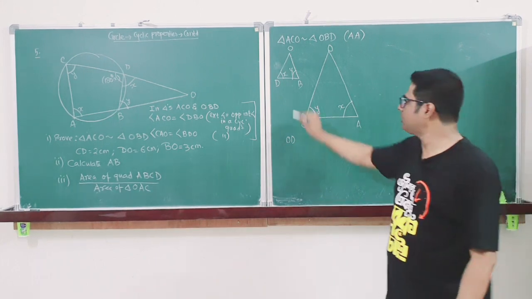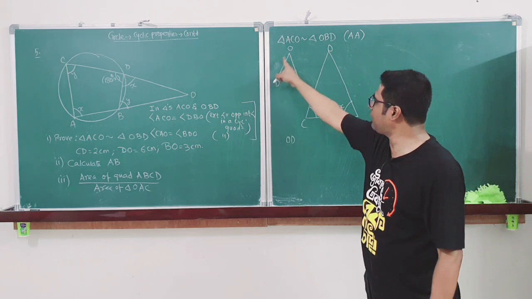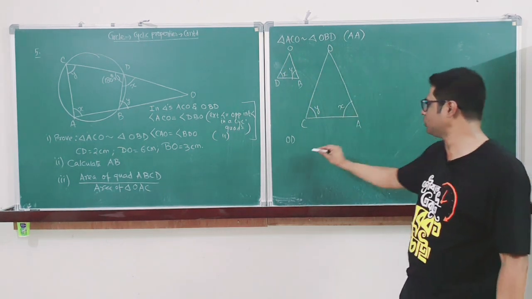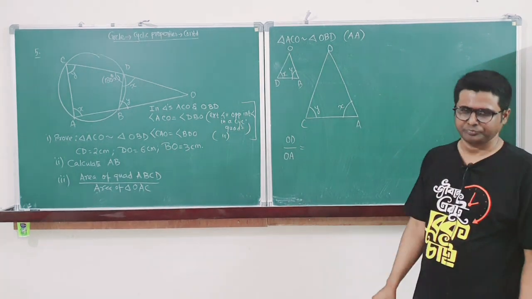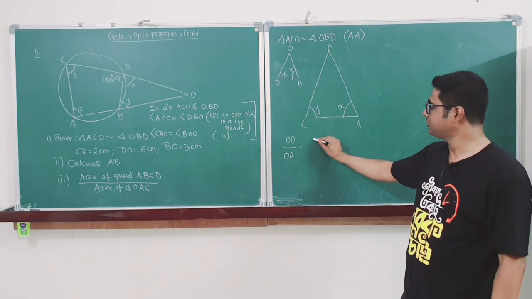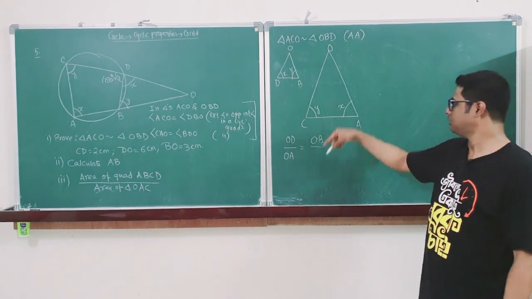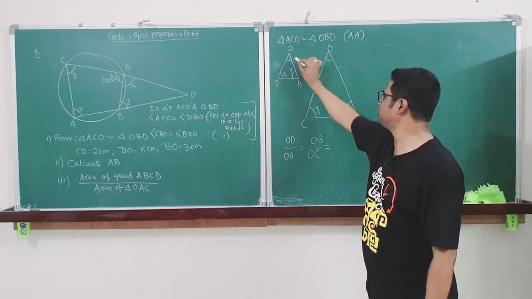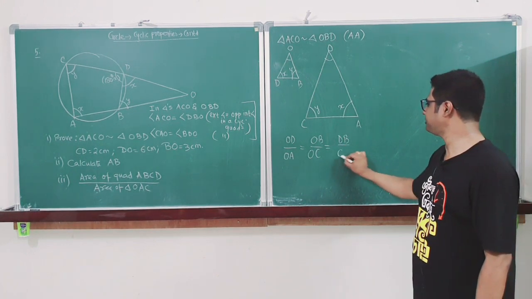Always you will have to take whichever angle is equal, Y equal to Y. So opposite to angle Y in this triangle is OD, that corresponds to opposite to angle Y in the bigger triangle, that is OA. Clear? Is equal to... What is the next angle? X. So opposite to angle X, OB. Here opposite to angle X, OC. Now the next angle doesn't really matter to me, these two. So this will be DB by CA.